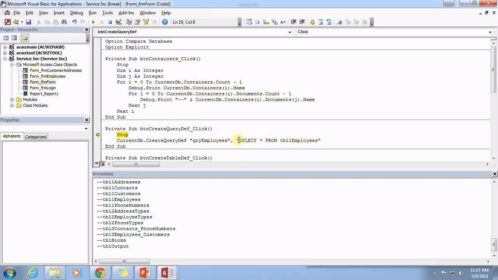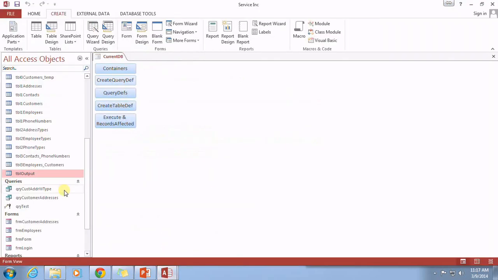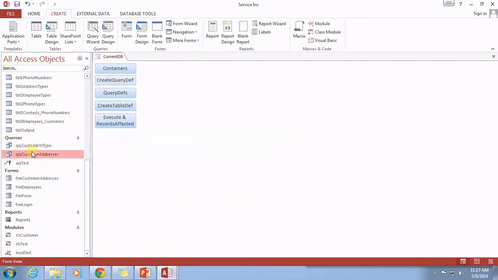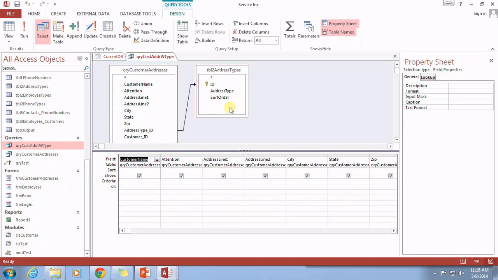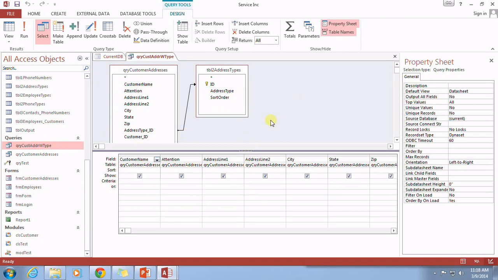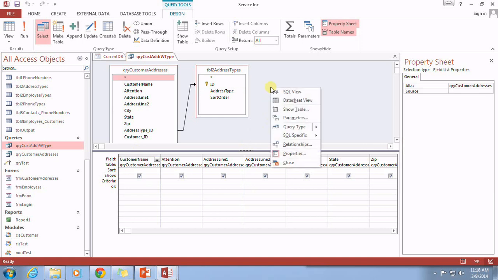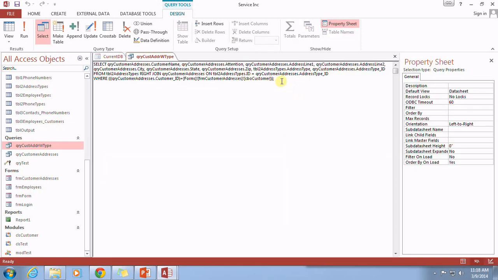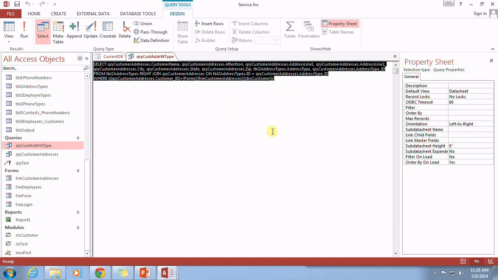Now we haven't gone over the syntax at this point here, but I'm going to show you that within each one of these queries, you see query cust address with type, query cust addresses. These are queries that we can actually open up and take a look at. We've got our design panel that we're used to seeing, but if I right-click on the open window here, anywhere in the open space, see this SQL view? If I click on that, you'll see that there is this complicated query language that is